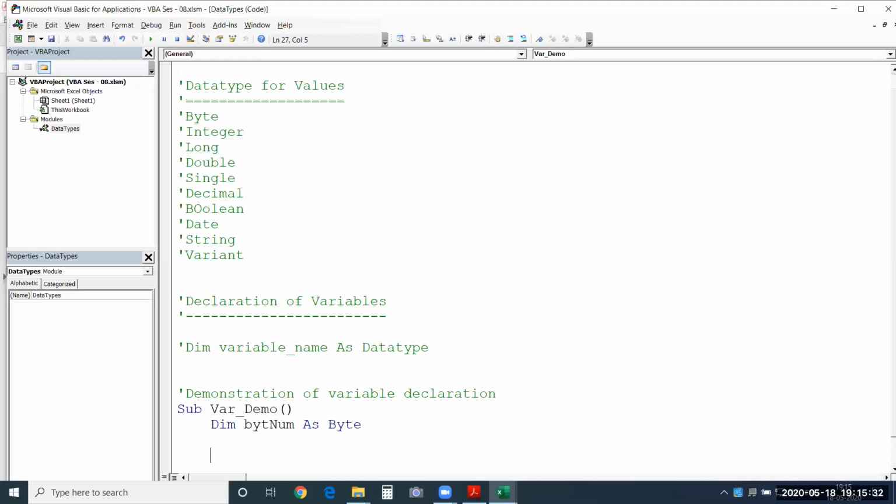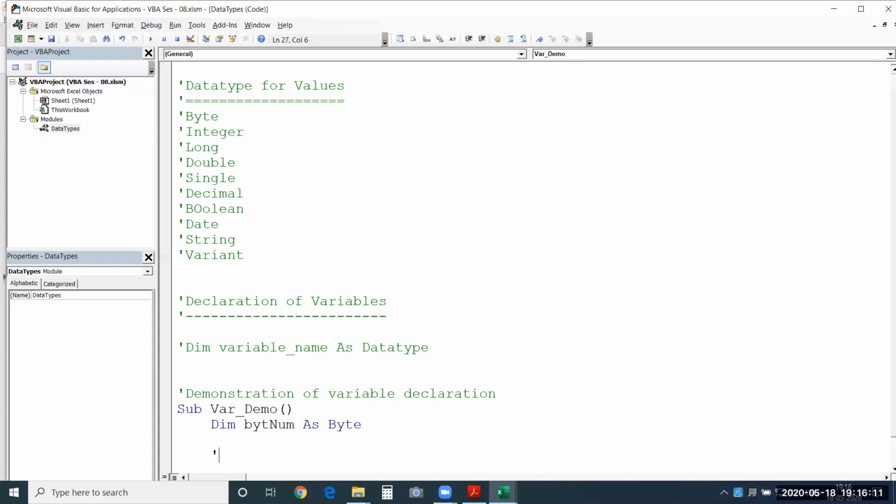So this is the standard way you can provide a variable name. You can give a prefix of the data type just to identify, okay, it is a byte type data type, and then you can provide the label. This is the most preferable way of declaring any variable, and it is a standard way of coding as well. Now I have declared it. I have said I am going to store a range of values within 0 to 255. You saw that byte can store only values from 0 to 255. So this variable can be assigned only with numbers between 0 and 255.